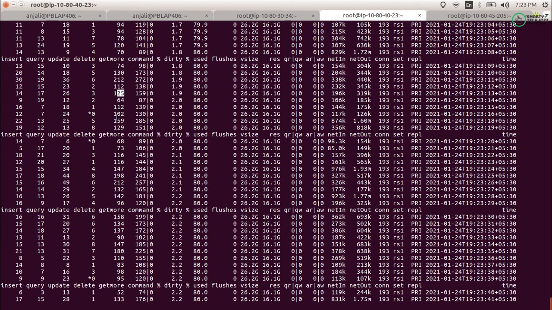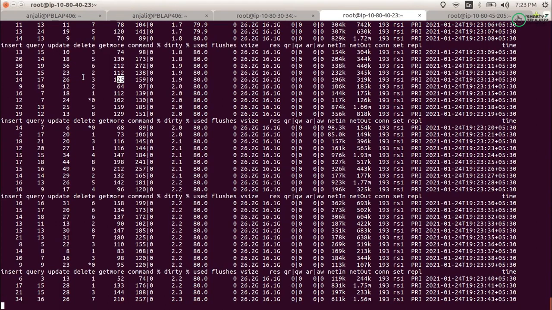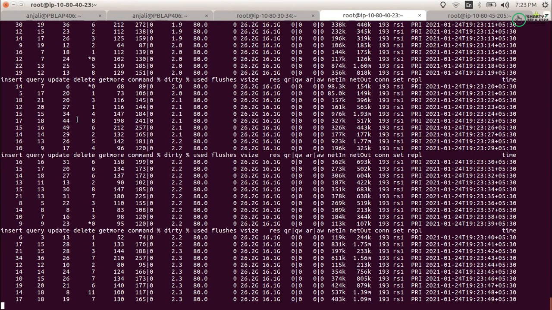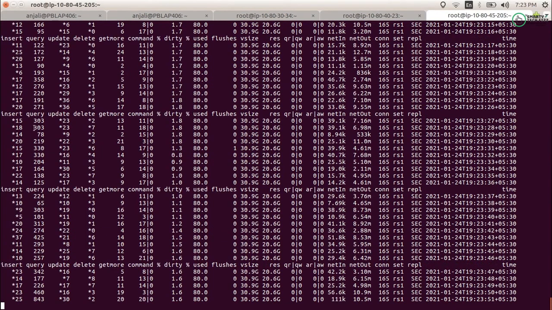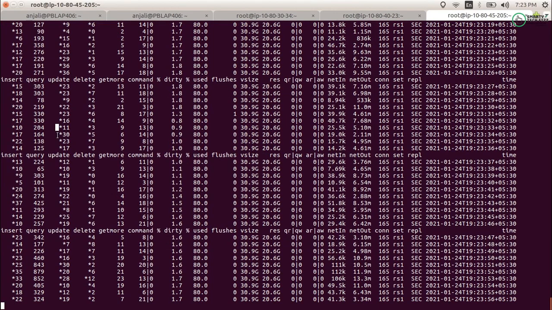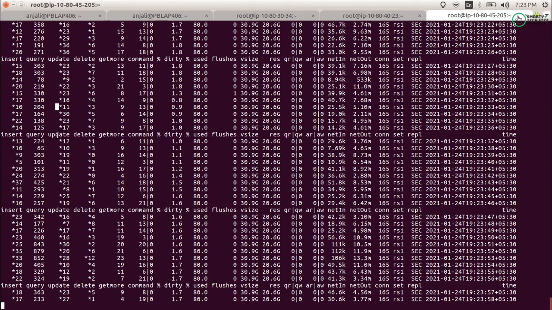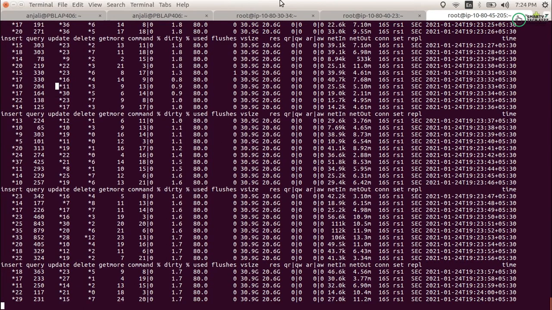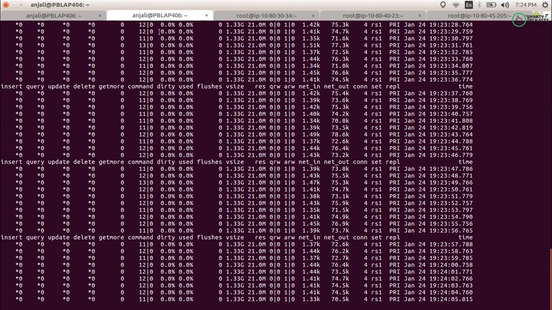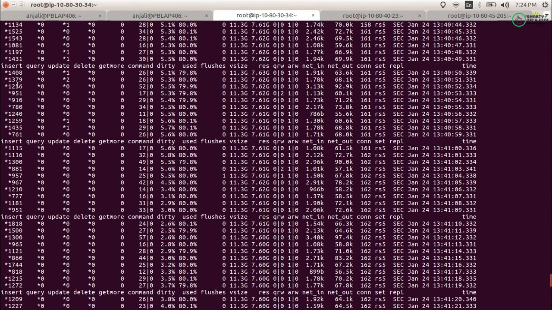You can see insert, query, update, delete, but getmore are more. There are many things that are actually running equally on that, all the queries like insert, query, update and delete. And in this one you can see that queries are running more than the insert, update and delete. So what you have to do here, okay, you got the count. Now what? If you are checking the number of insert operations here, check in this count what the performance of your server is.